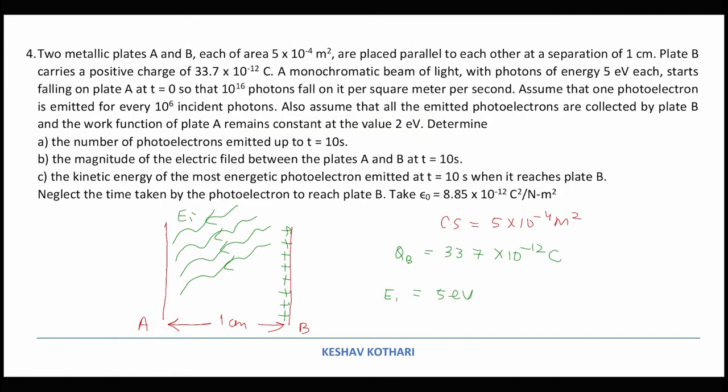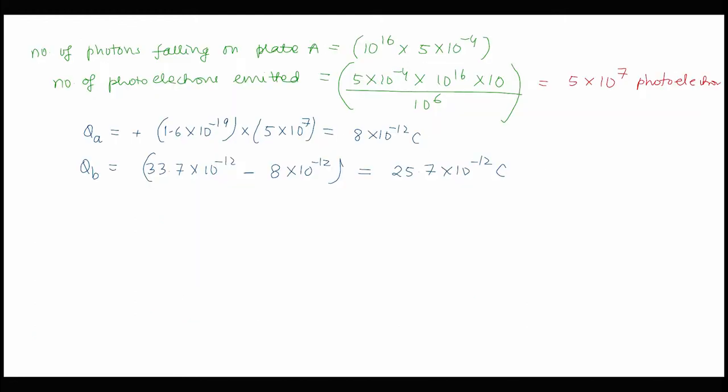the region in between over here will have a certain value of electric field, and it is because a positive charge is originating on A, and hence we can say that the value of electric field will be contributed by each surface, which is equal to sigma A by 2 epsilon naught and sigma B by 2 epsilon naught. Now since both of them are positively charged and sigma B is greater in value, we will subtract sigma A and we will add sigma B. So the value of the net electric field can be calculated as sigma B minus sigma A by 2 epsilon naught.